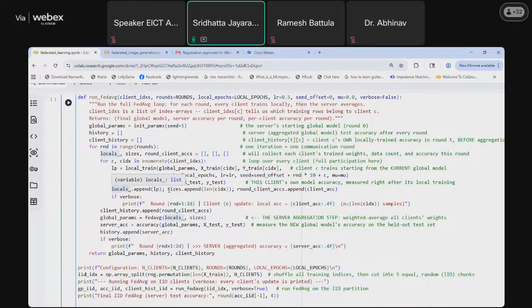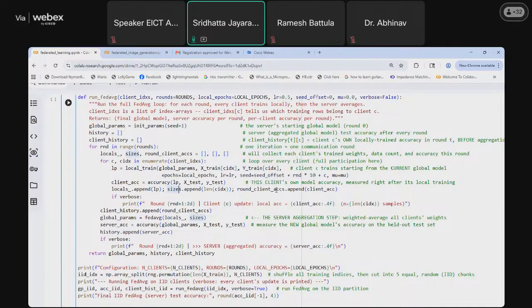Now after that, we will update the variable of locals. So locals will store the local parameters, and sizes will store the length of the client data, or the number of samples of the clients trained.